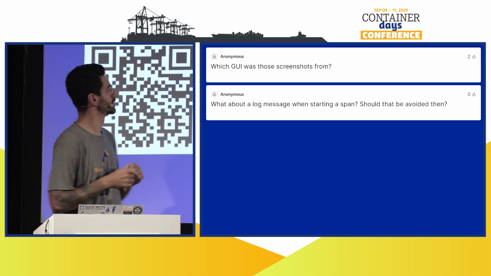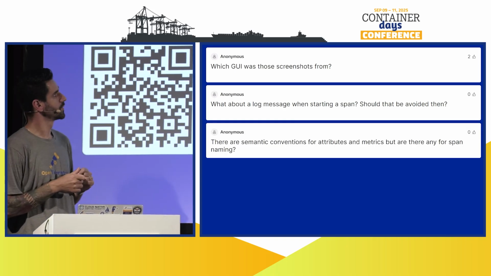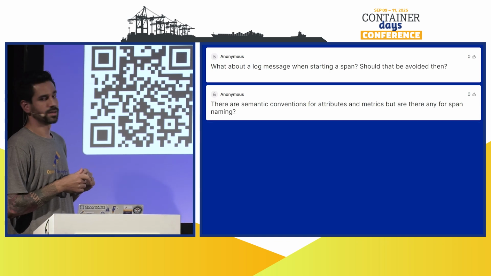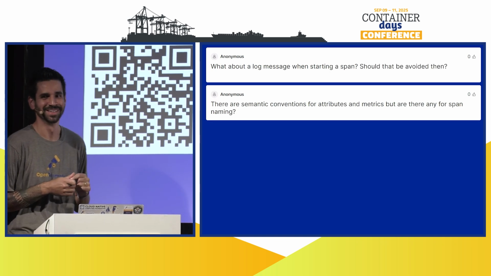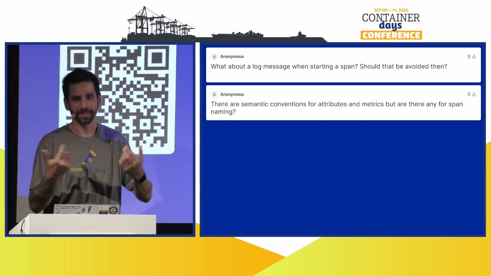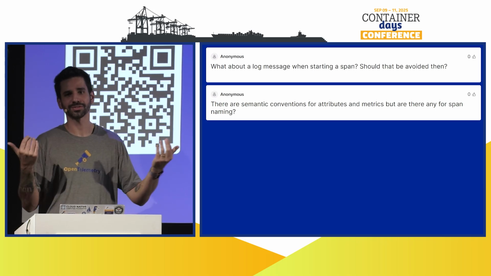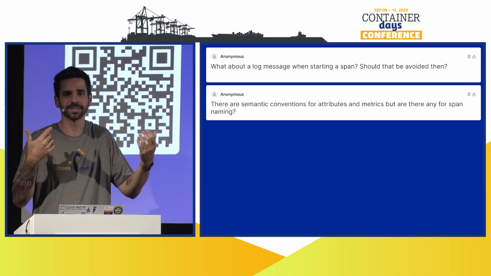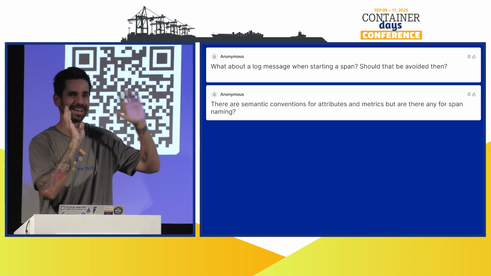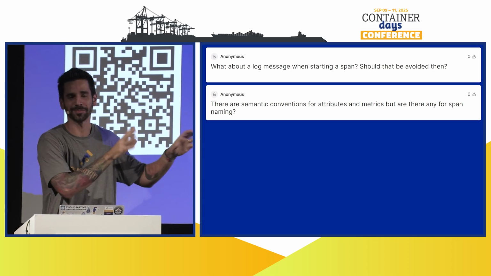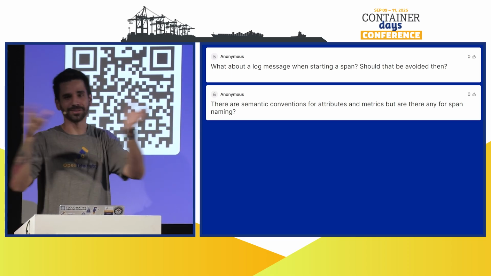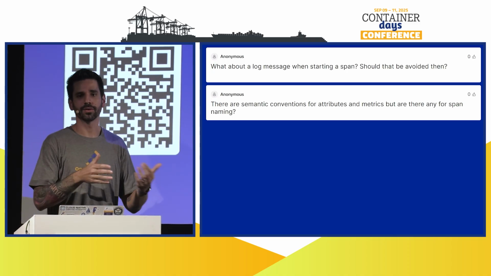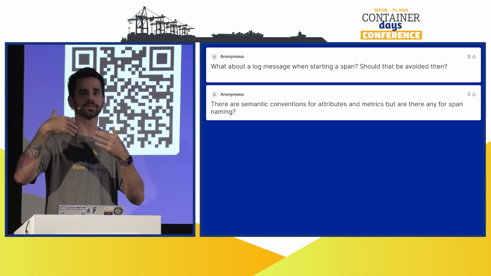Awesome. What about a log message when starting a span? Should that be avoided then? Yes. For me, I would only use logs for audit and compliance, but I'm the trace guy, so I love distributed tracing. I love OpenTelemetry. Even though OpenTelemetry supports logs, I would just always go for spans. But I know that spans are more verbose,